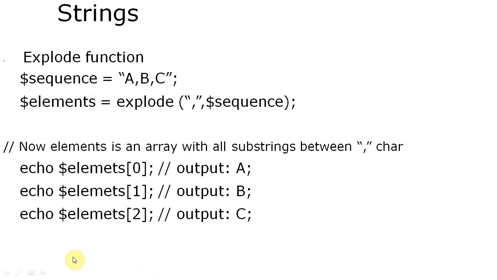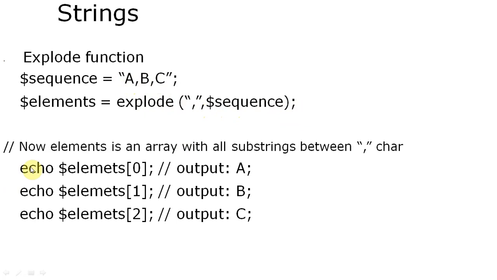This is one more statement where we are also using a function. Sequence is a variable, and inside it we have a, b, and c, separated by commas. You can see the element variable here. We are splitting the sequence variable, and the explode function is used for splitting. Here we are splitting by the comma, so by splitting it we get three characters: a, b, and c.